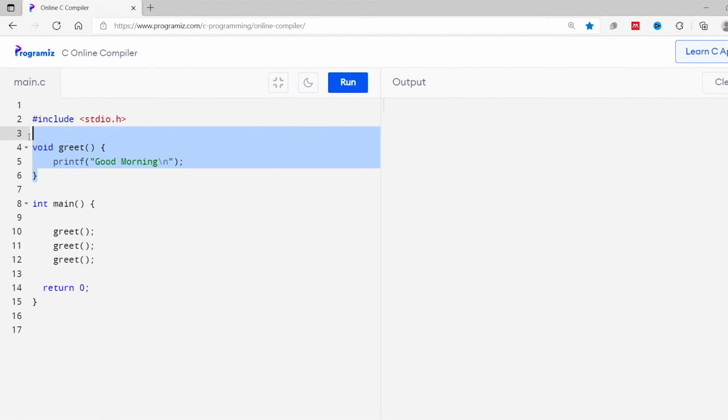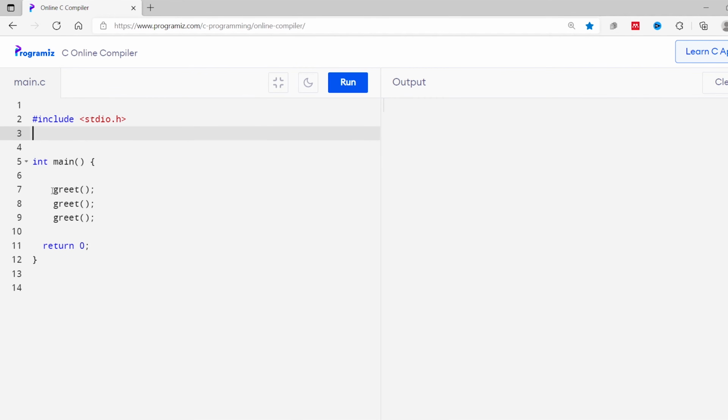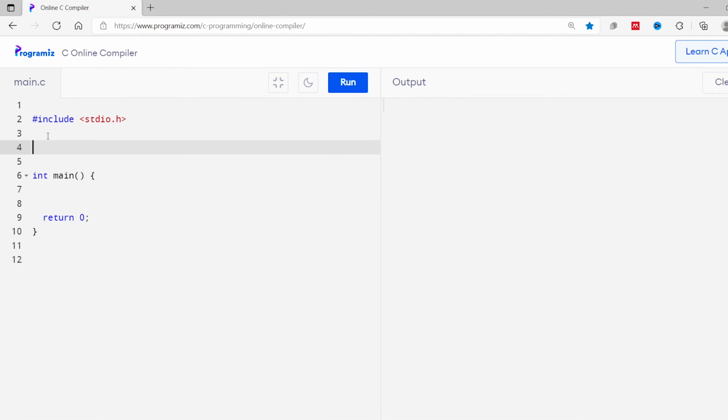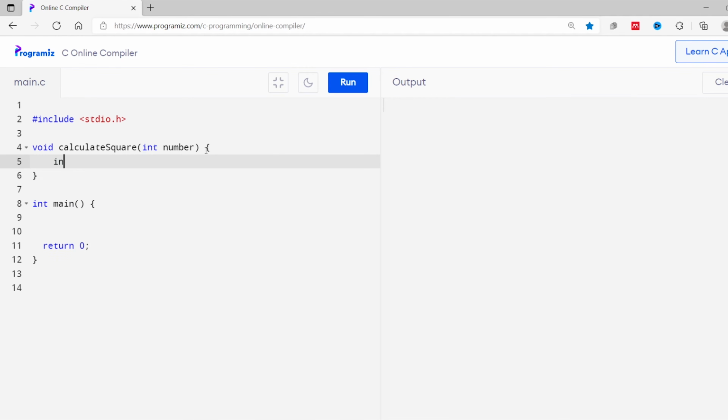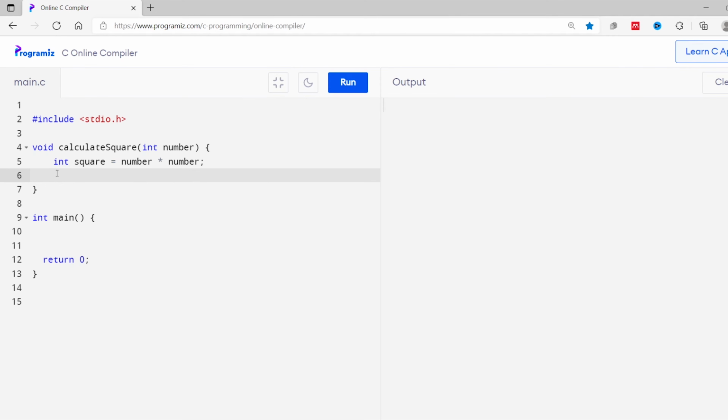I'll remove this greet function and I'll also remove this function call. Now I'll add another function, call it calculate square. Inside parenthesis I'll add the function parameter int number. Now inside the function I'll do int square is equals to number multiplied by number. Then I'll print the number and its square like printf bracket inside quotation